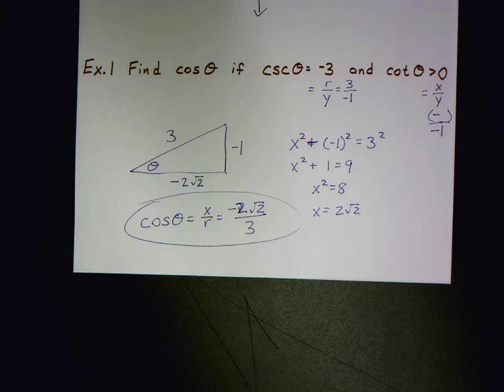So you see why I went through that type of problem with you? Why is what negative? Because we said that x has to be negative. The cotangent has to be positive. The cotangent is the division of x and y. If y is negative,